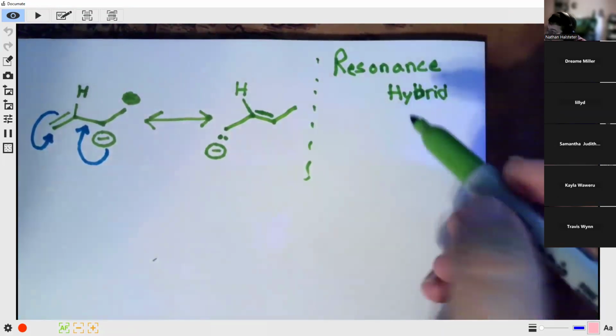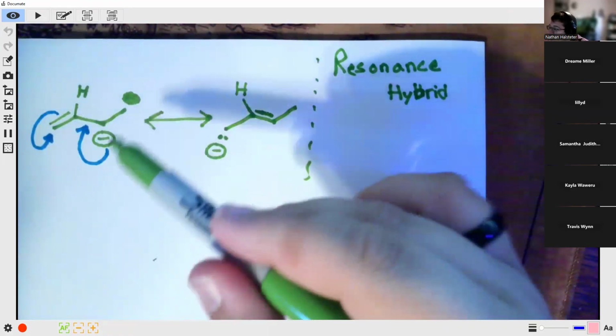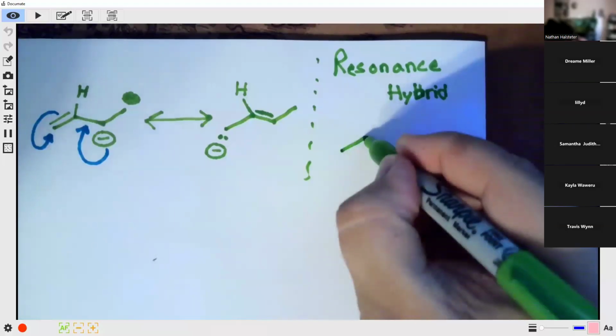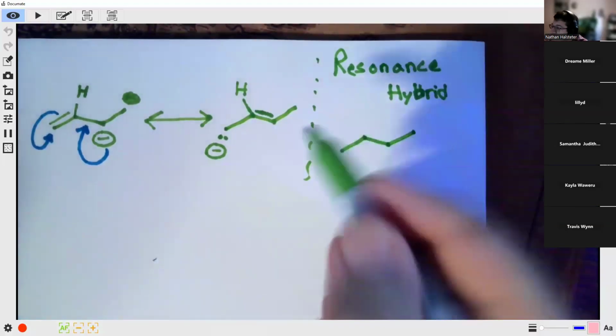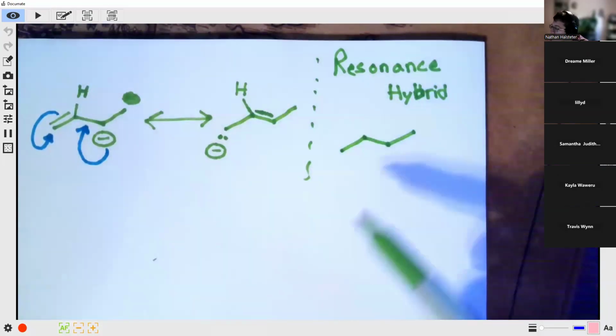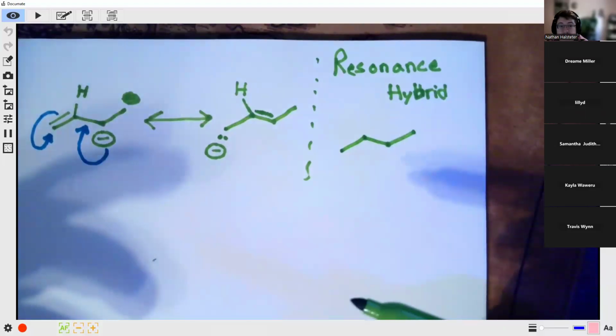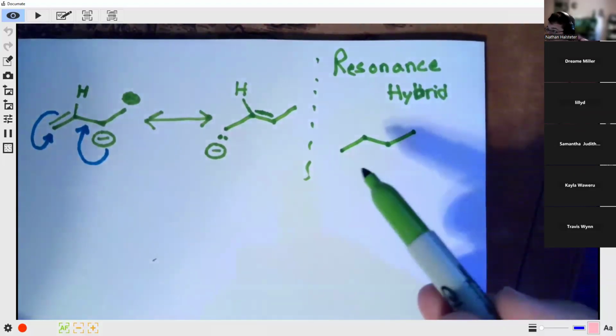Resonance hybrid, where we try to show both at once. So how we do that, wherever there's a single bond, we want to draw that. In our example, we have 1, 2, 3, 4 carbons. We don't need to draw hydrogens because remember we're in line angle formula. From there,